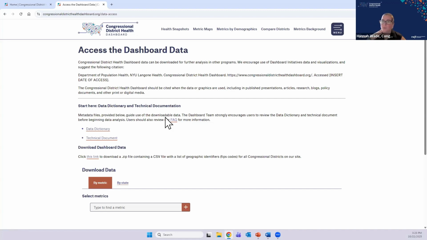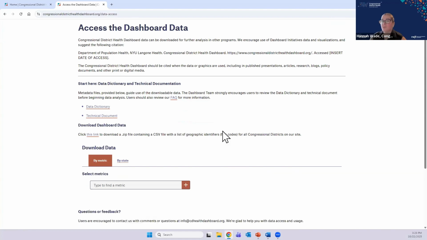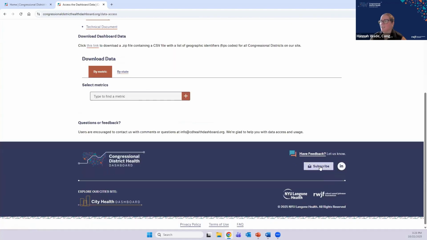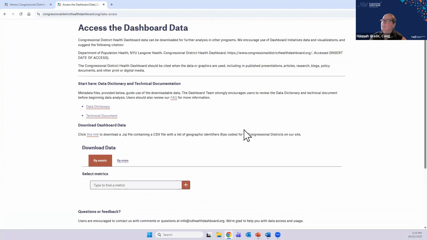That just helps us understand who's actually interested in downloading data. So if we're making improvements to how we share the data or allow it for download, it's helpful for us to collect that about you. It's not to add you to our newsletter from there. But if you do want to be on our newsletter, you can come down here and click on the subscribe link. So back to